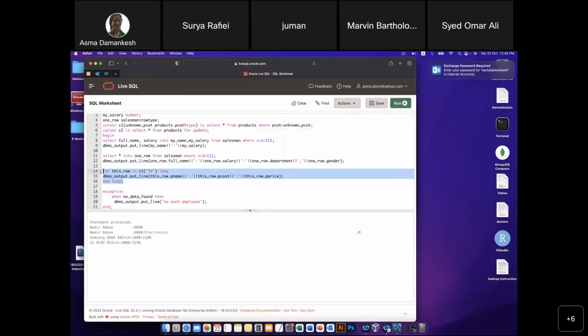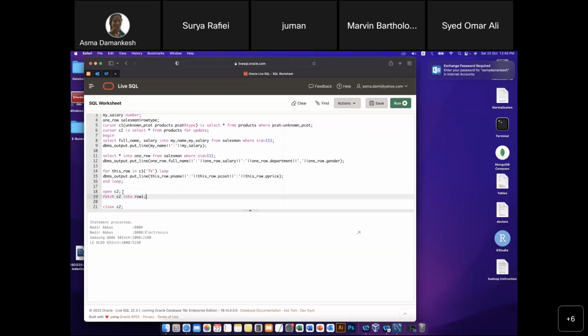We learned how to loop with for loop, so I'm gonna do open, fetch, close, okay? Is that okay? Because I think we know how to do the for loop now. Okay, let's do this and say open C2, okay? Close C2. What do we want to do once we open? The first thing we do is to fetch the first row, okay? Fetch C2 into